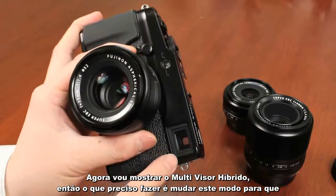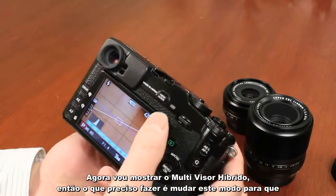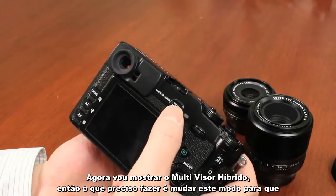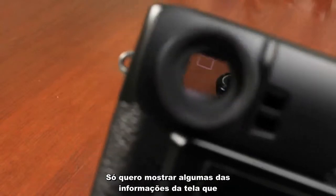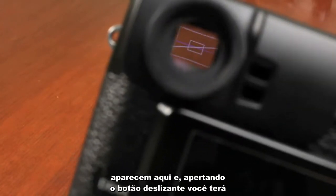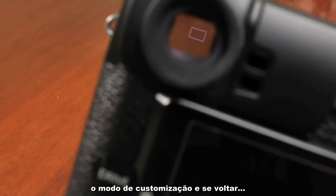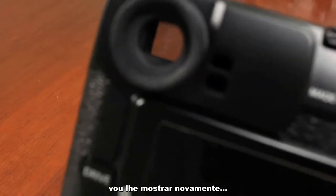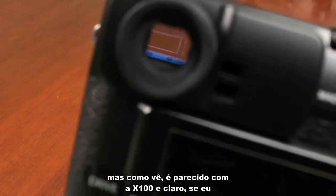What I want to show you now, of course, is the multi-view hybrid viewfinder. So what I need to do is switch this mode so that it shows up always in the viewfinder. I'm not sure if you can see that or not. I just want to show you some of the information screen that's on this. I can push the display button. You got the customized mode here, and again back to that. I'm just going to show you again. A little hard to see, but there we go. That's sort of like the